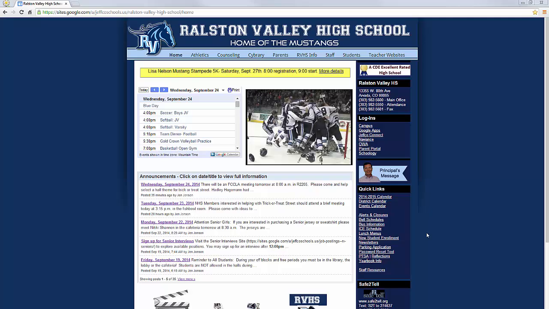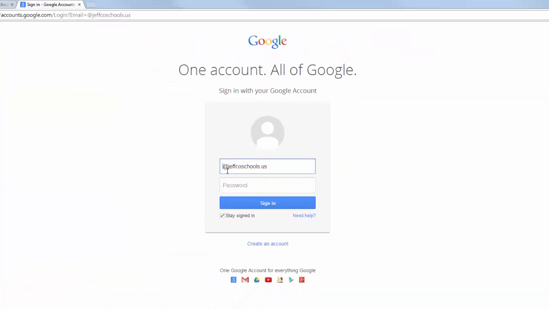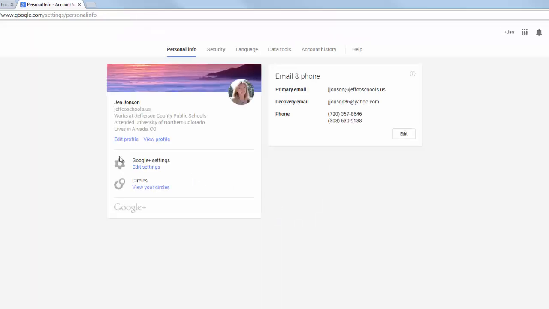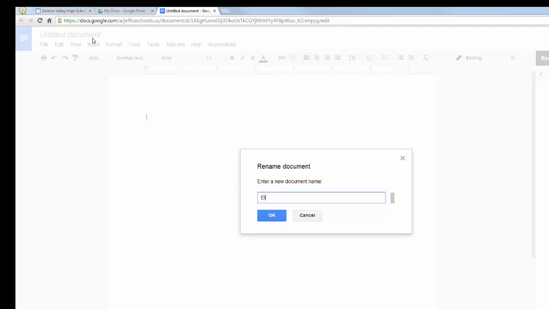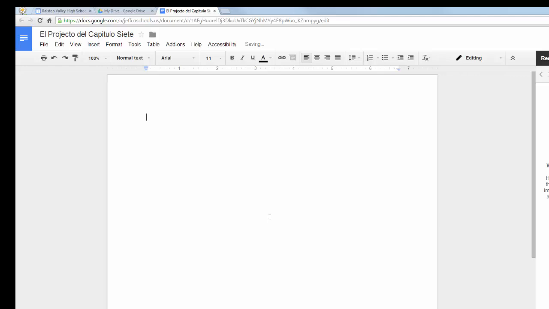The first thing I'm going to do when I start a research project is go into my Google Docs and start a Google Doc for this. So I'm going to add in my information. Make sure you have the @jeffcoschools.us and then your password. Once you get to your Google Drive, just start a new doc. This will give me a place to drop URLs and take my notes and even write out a script if